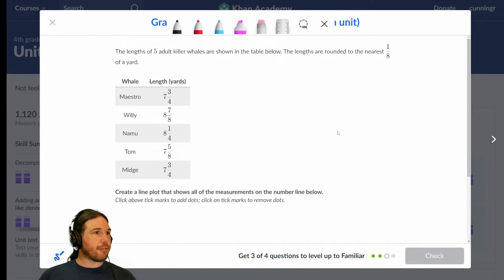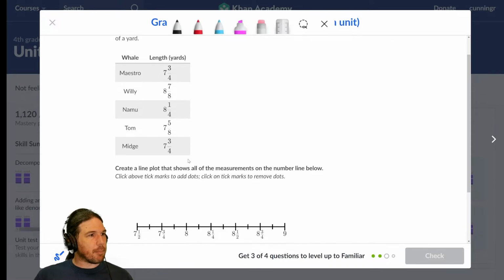The lengths of 5 adult killer whales are shown in the table below. The lengths are rounded to the nearest 1/8 of a yard. By the way, not a big fan of the term killer whales. All whales kill something, right? Even the biggest, most peaceful blue whales kill millions and millions of krill. Other dolphins, orcas are a type of dolphin, kill just tons of fish. Why make the orca specifically the killer whale? I don't know. Seems like bad PR to me. But anyway,